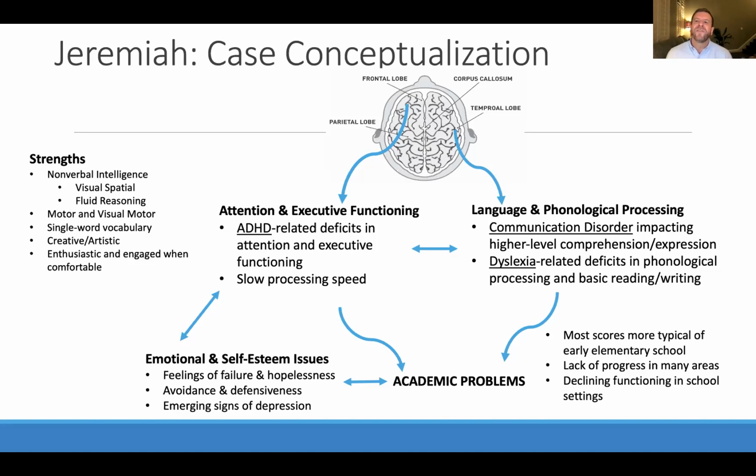The reason it's helpful to do it like this is it then helps us to target the interventions to those areas that we see as difficulties, right? And draw upon the strengths. So there are areas we know we don't need to worry about that are assets and strengths for Jeremiah. But what we might recommend is, looking at this upper right here, the language and phonological processing, we need interventions that address these communication challenges because they've been a source of frustration. We need multisensory reading instruction to address the dyslexia so we can see progress in the phonics. And we need some support for these ADHD related issues.